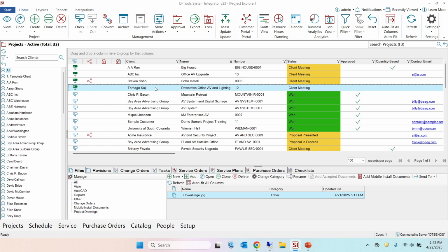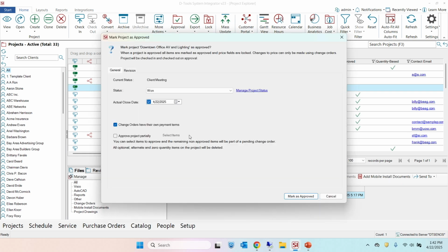Of course, what you would do in v23 is you can delete the items they don't want, maybe make a revision so you have a backup. Of course, delete the items that they don't want, approve the project as it is, and then if they come back later and want that other stuff, you have to go look it up and pull it back over. So our first go at this, we gave it just some basic quick functionality here, but what we're going to allow you to do is take a project like this, choose to approve it, and